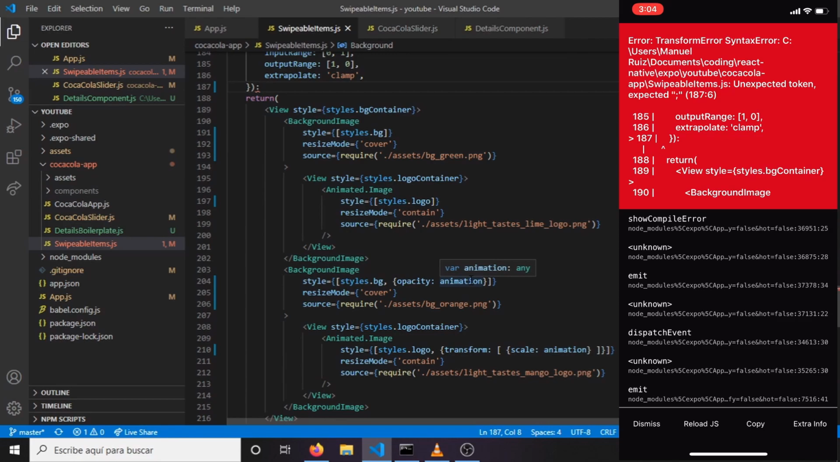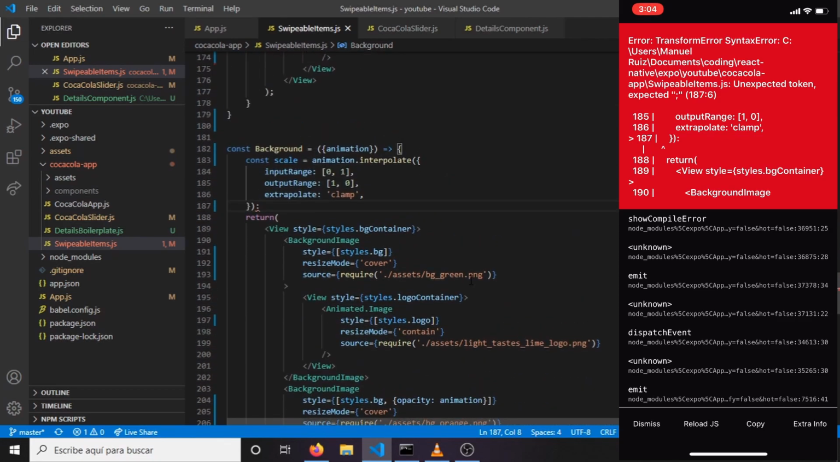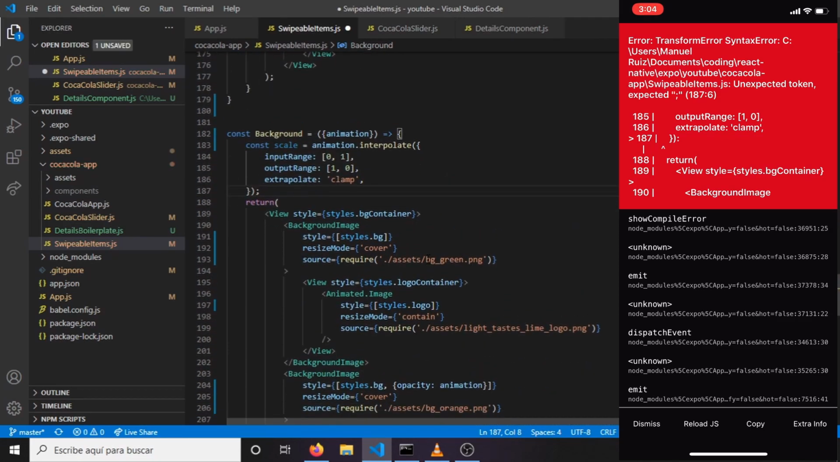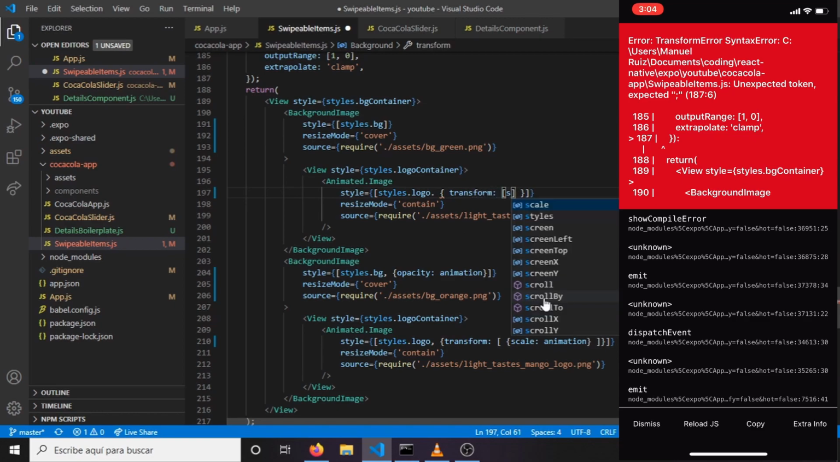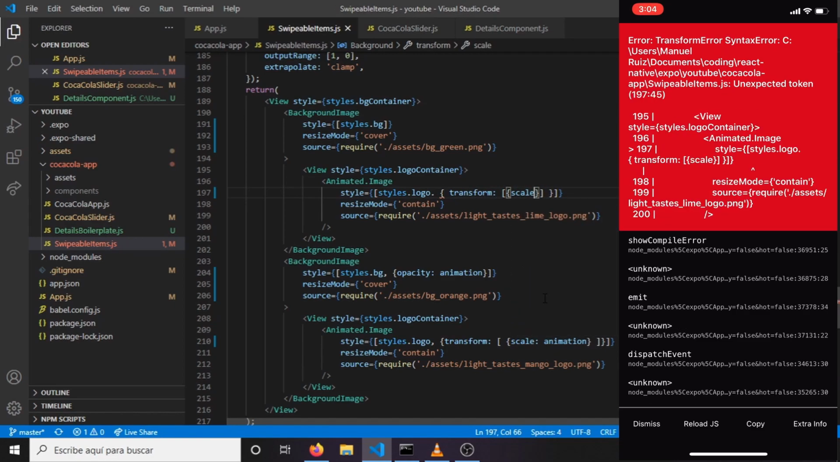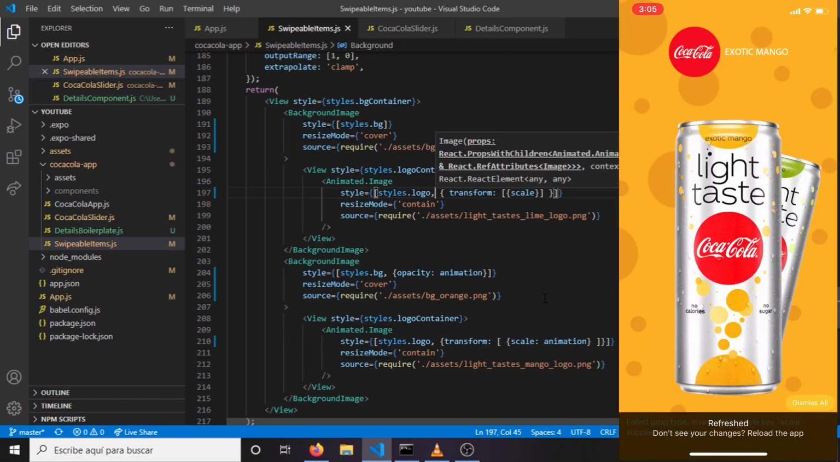What's happened? Syntax error, and we're gonna use it here. Transform, scale, unexpected token. Okay, it's working now. It should work now,